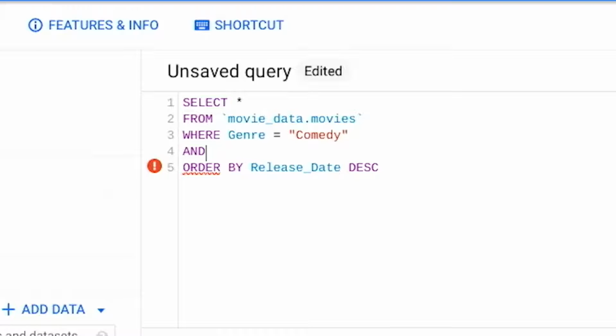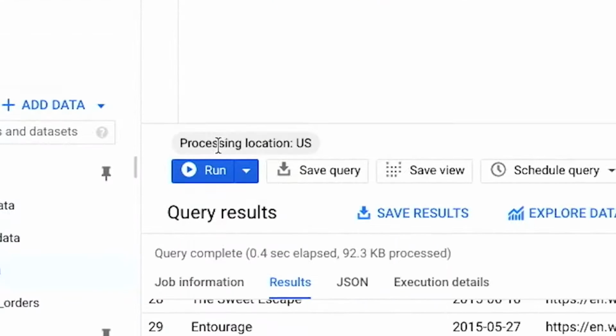Let's say you wanted to filter by comedy movies and movies that earned over $300 million in the box office. In this case, after the AND function, you add the revenue condition by typing revenue. From there, you'll specify that you only want to return films with revenues over $300 million. To do that, type the greater than sign and then the complete number of 300 million without commas. Now let's run the query.